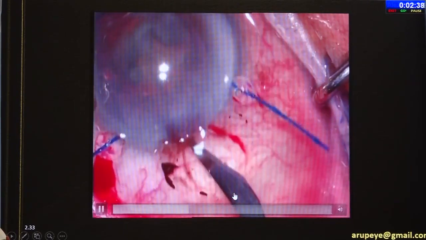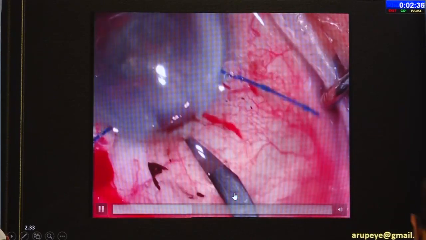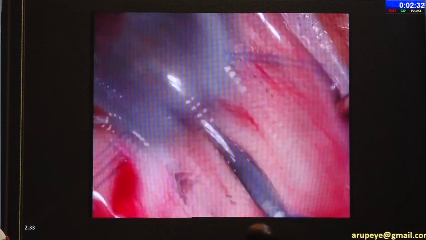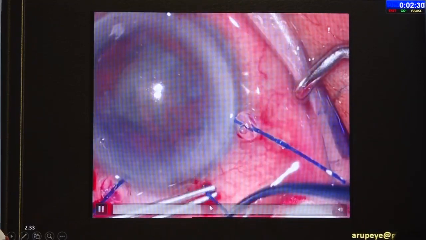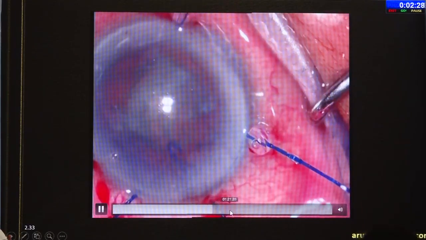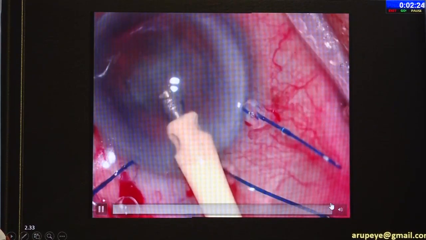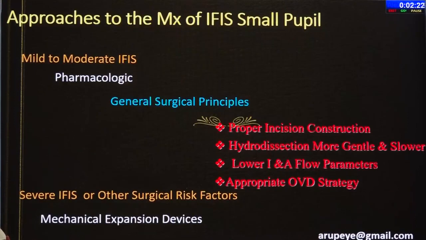So that iris hook retracts the pupillary margin, and it takes the iris away from harm's way, so that subsequently the phaco handpiece can be easily inserted, and the intraocular lens can be easily inserted, and surgery goes off uneventfully. So the subincisional iris hook definitely is a very good concept in managing iris prolapse from the main incision.